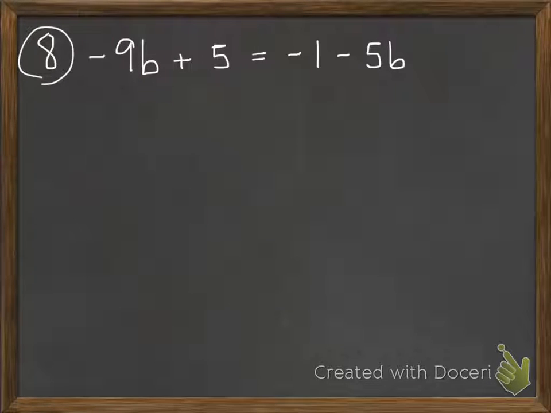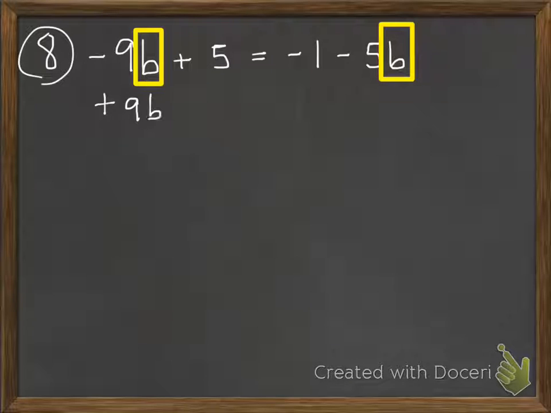In number 8, we're still solving. The first thing that I notice is I have a b on the left and a b on the right. That's not a good thing. I need to get those b's together on the same side, so I check to see which one is the smallest. Negative 9b is smaller than negative 5b, so I'm going to add, since 9b is negative, I'm adding 9b